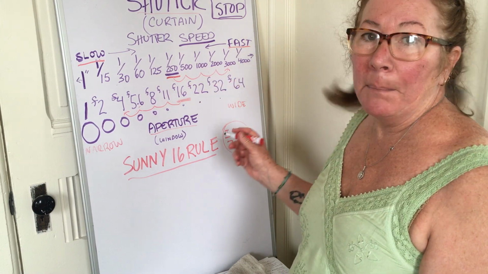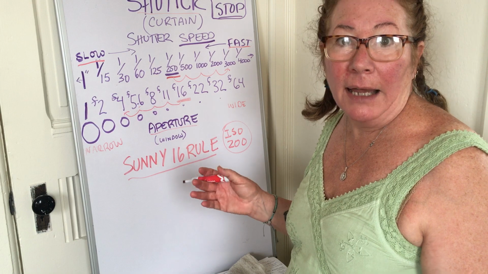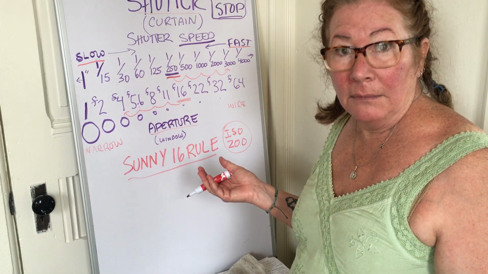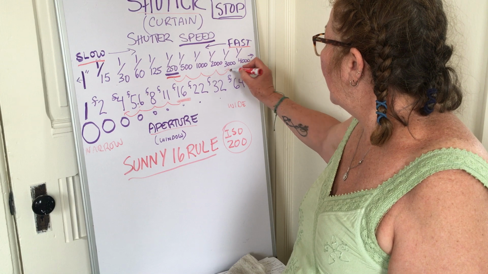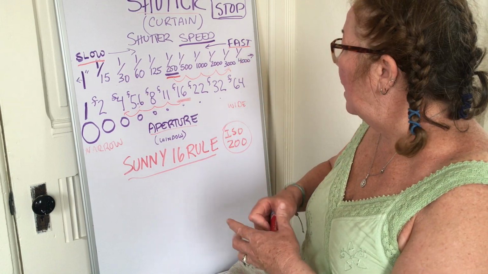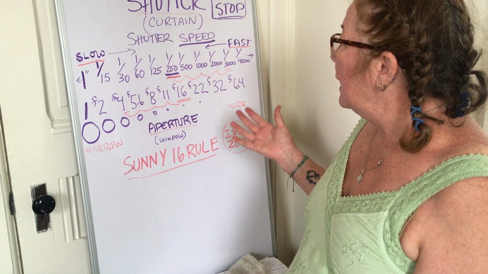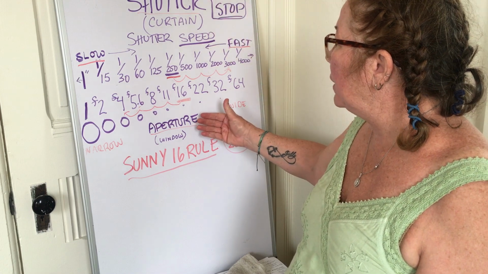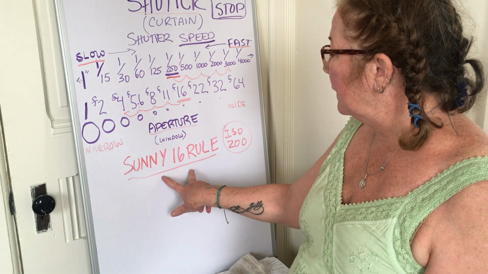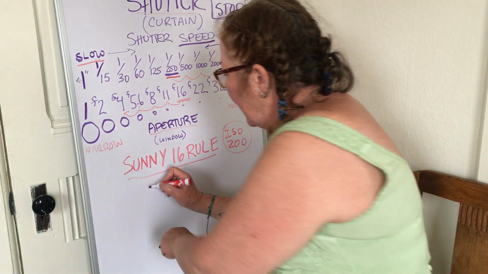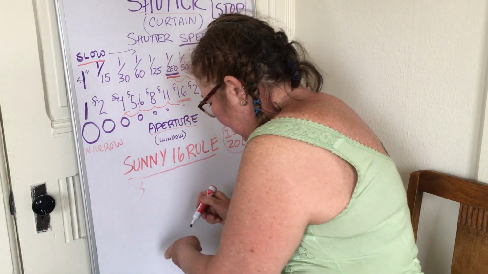I want to speed up my shutter so it lets in less light. Make sense? Yeah. It should make sense anyway. So this is how this works. The shutter and the aperture work together to create an exposure. And when you're starting off with this Sunny 16 rule, which is really basic daylight exposure,